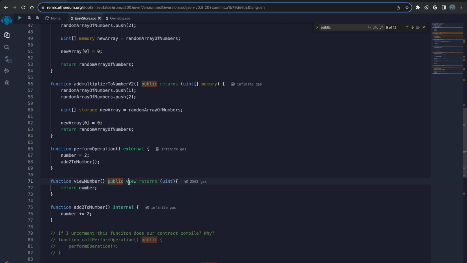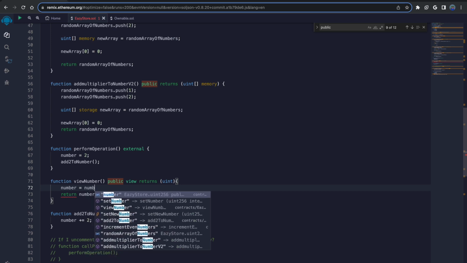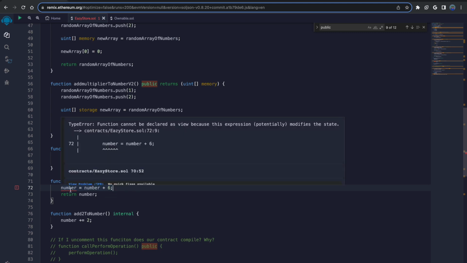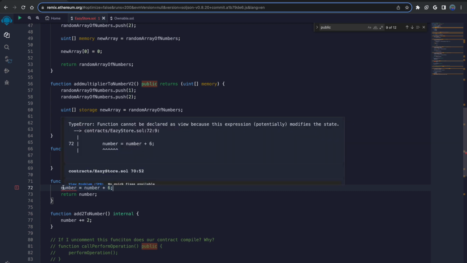Okay, so the reason why we can make this a view function is that you are only reading data. You're not making any modification to anything. Now, if I wanted to say number equals number plus 6, I'm going to get an error, because I've declared this as a view function.